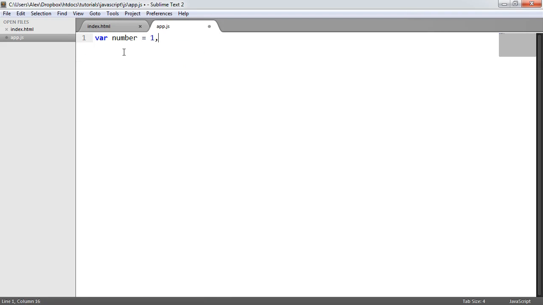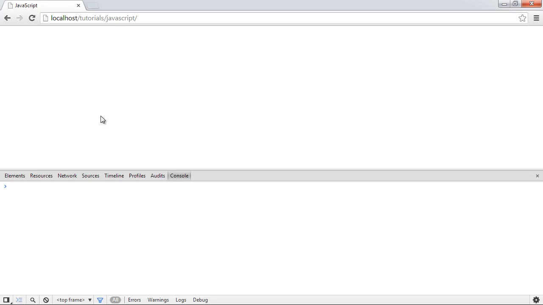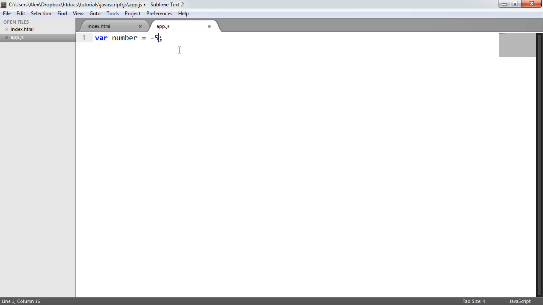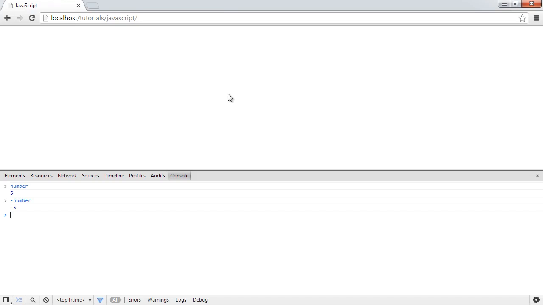What we can also do is if we just have a bog standard number, so let's say we have 5, let's go and take a look what we can do inside of the console here. If I was to say number, that's 5, but what about if I was to say minus number? Well, that gives us the negation, so we can do a negation. We can also do a plus as well. So if we were to start off with a -5, for example, or let's just change this to -10, we can see here that if we were to say number, we get -10, and if we were to say plus number,